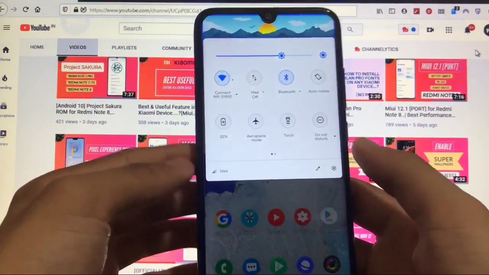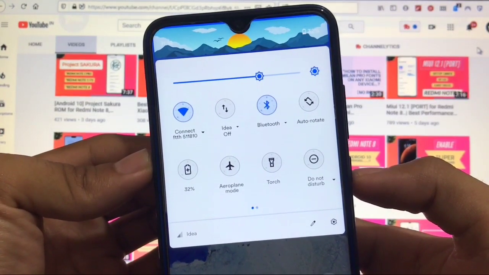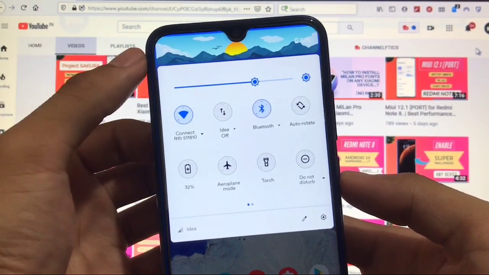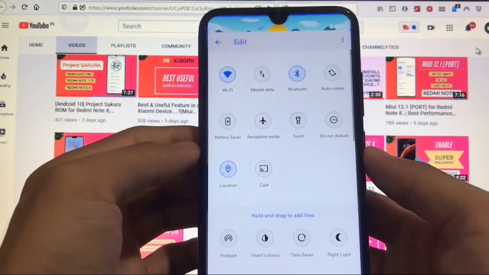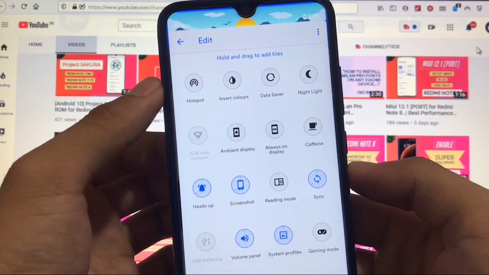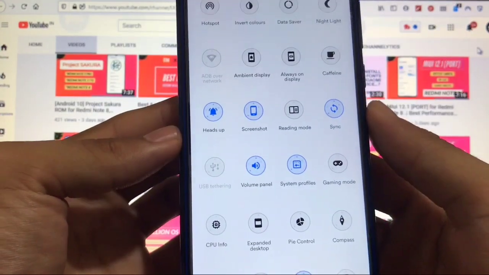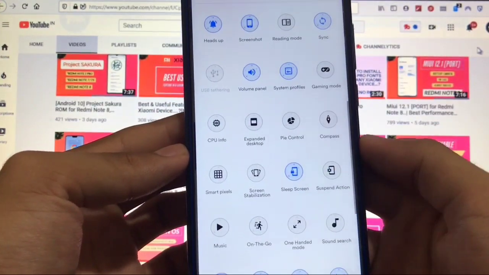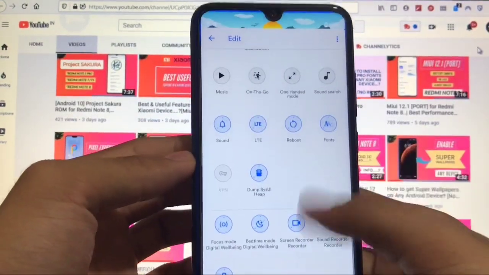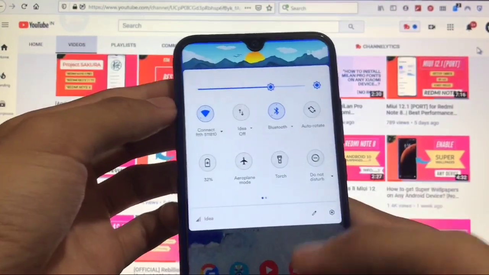Talking about other things, this kind of quick settings UI you get here after customization. As I already told you, it has a lot of customization options. This is how you can customize your quick settings, you can customize your header style and a lot more. Talking about here, you have a lot of extra tiles options to add, like the data saver tile, the ambient display. You also get the reading mode options, including system profiles, volume panel. You also get the gaming mode, that's kind of an interesting thing, and a lot more things to do. When you click here, you don't get any option to customize the rows and columns, but it has everything to adjust in settings.